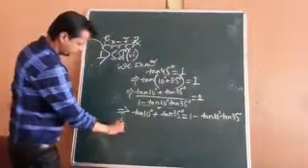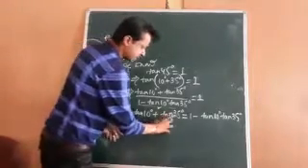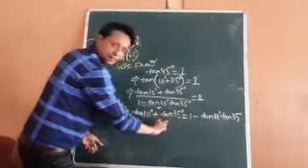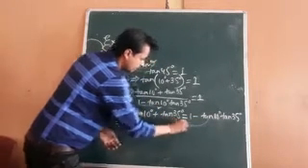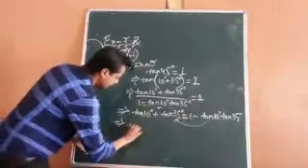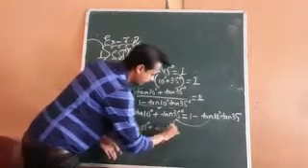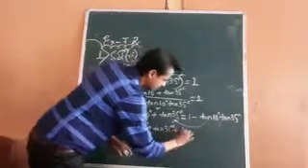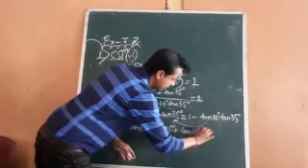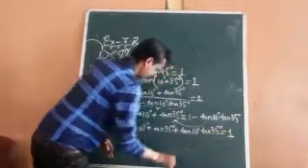Now, according to the question, this part will be transferred to the left hand side. When you bring this part to this side, on the right hand side 1 will remain. So tan 10 degree + tan 35 degree, minus, when it comes to this side, it will be plus tan 10 degree tan 35 degree, that is equal to 1. Finished.